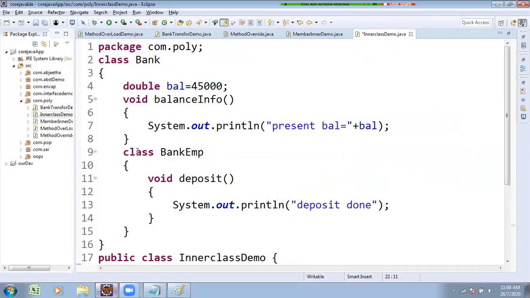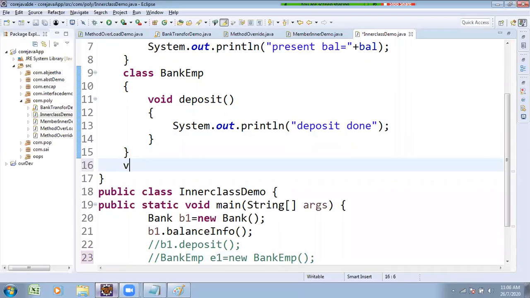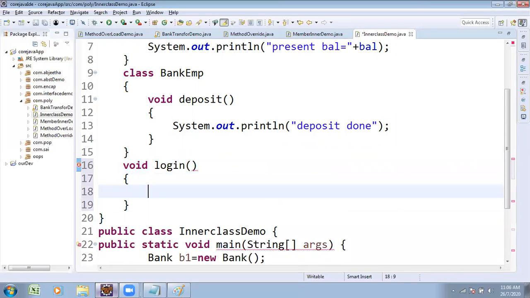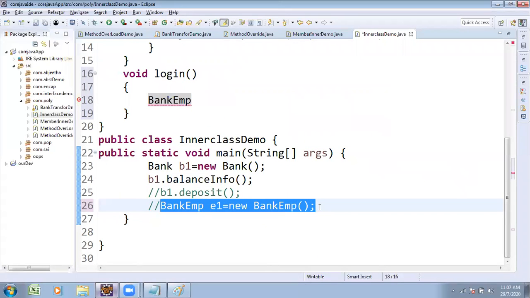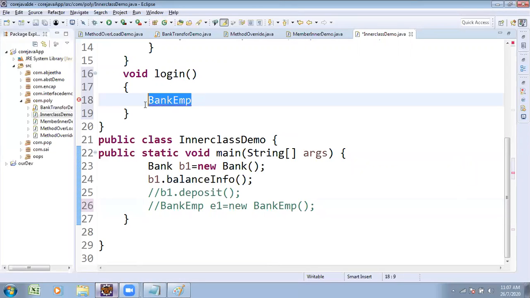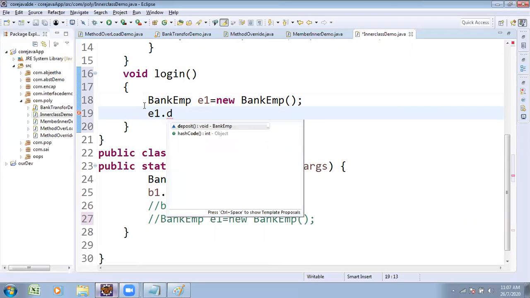That's why I am going to write one method named void login. Employee must go to the bank premises. Inside the premises, he must do the authentication. After authentication, previously you observed this line of code I tried, here not supporting. The same line of code I am trying to write, accessing or not: E1 dot deposit.